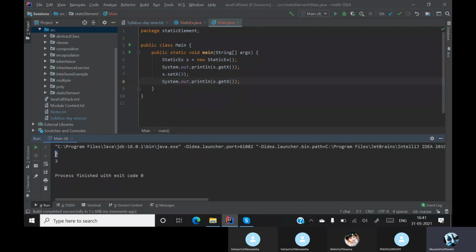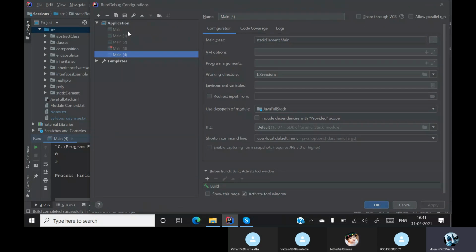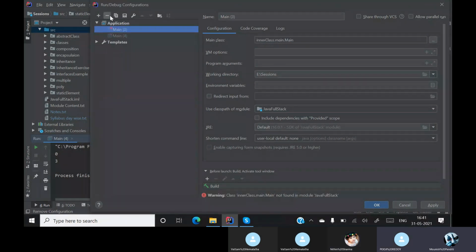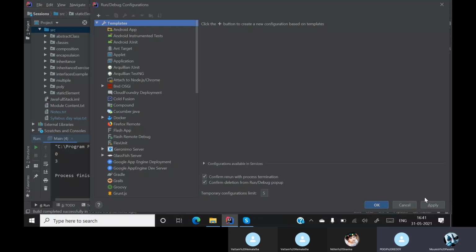First it was 0, now it became 3. It is changing, right? Yes, sir. So then how can you say it is not changing? Static variables means variables or elements